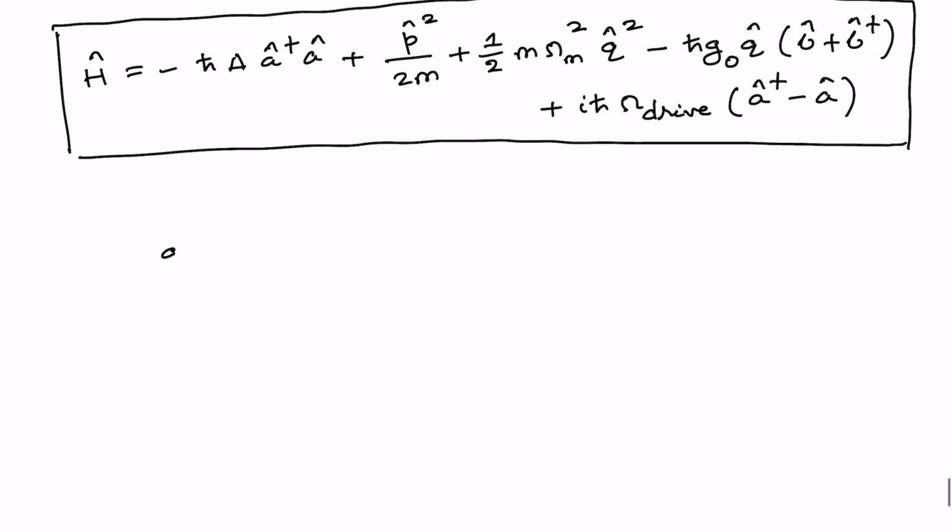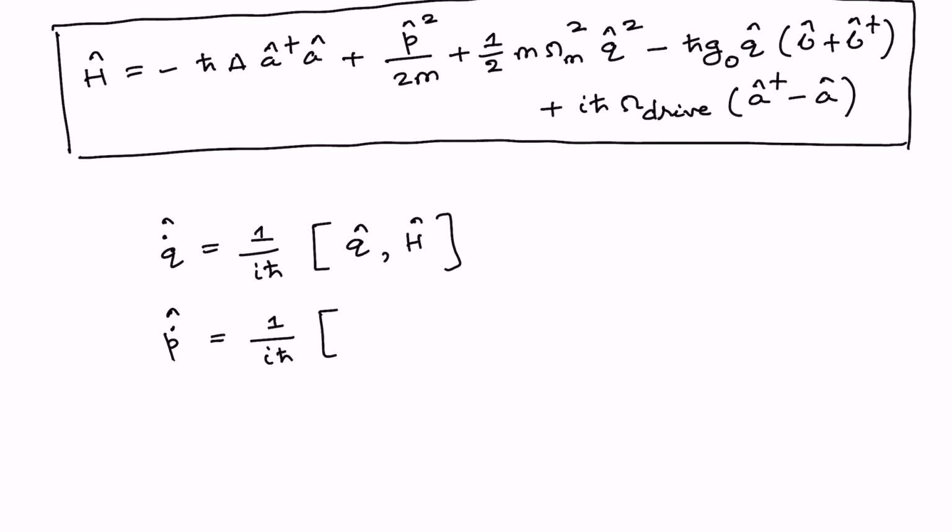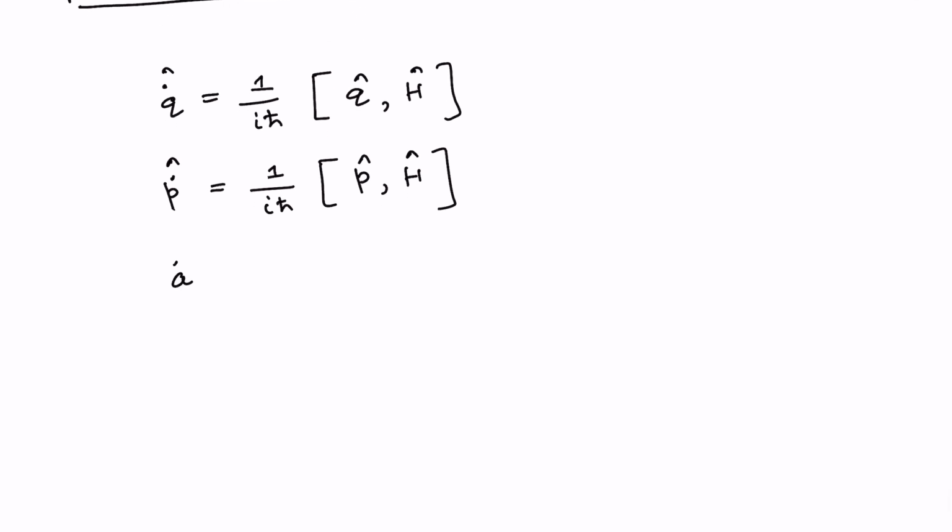The Heisenberg equations of motion are q dot equals 1 by i h bar times the commutator of q and H, then p dot equals 1 by i h bar times the commutator of p and H, and for the optical mode, A dot equals 1 by i h bar times the commutator of A and H. You can easily work out these commutation relations using the